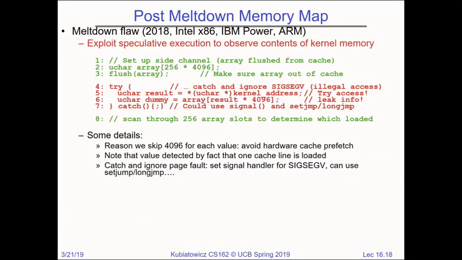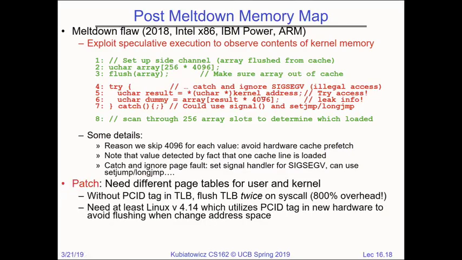No, you could not fix this by making sure the kernel pages are not cached, because the kernel isn't going into the cache. The kernel address is going into a register, and this is regular user memory. So that one doesn't fix it. The only way, which is the main patch, is you get rid of kernel memory being in the same page table as user memory. Then this doesn't happen. But that means when you go into the kernel,